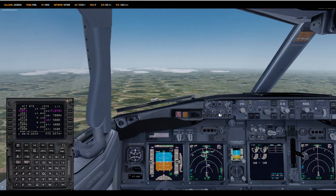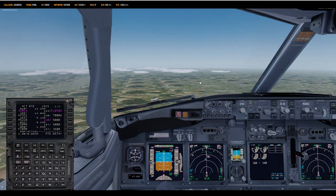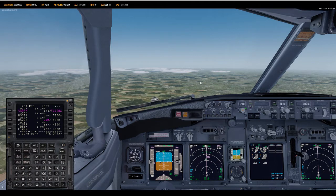So here you can see lots of traffic, and we expect